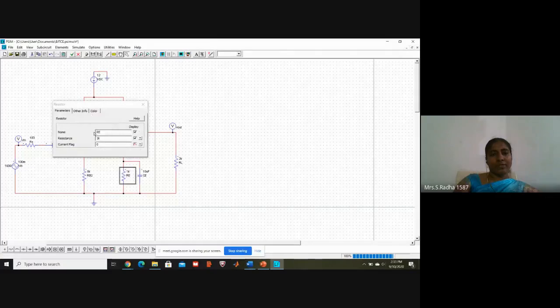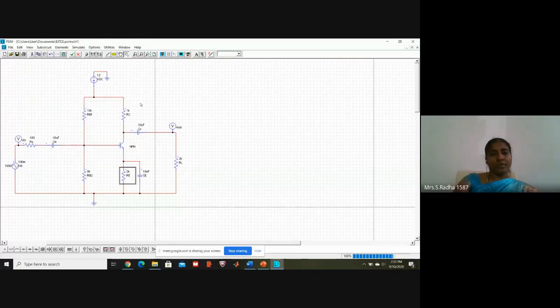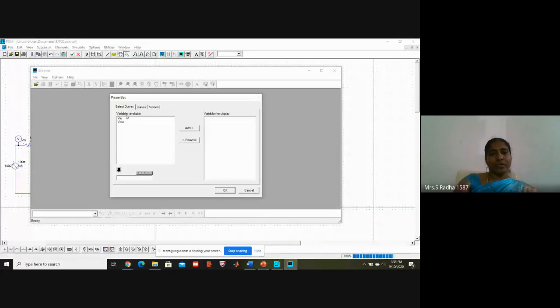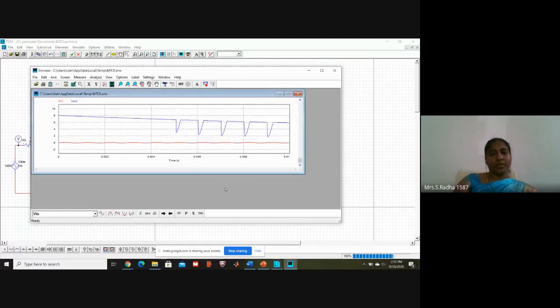This I will make 2K. Save it. If I execute, what will happen? I want to see input waveform and output waveform. Click on OK. So now somewhat output, instead of horizontal line, some changes are there.